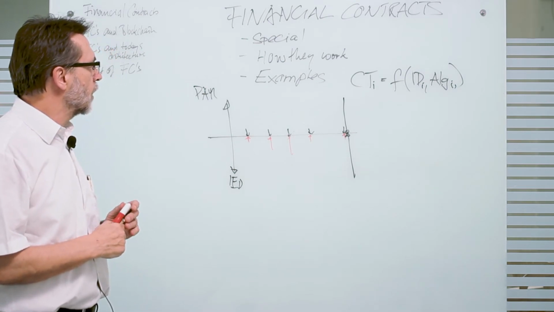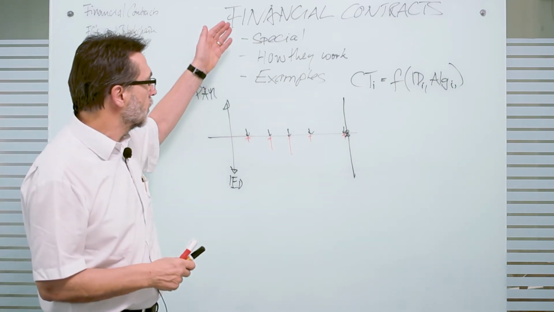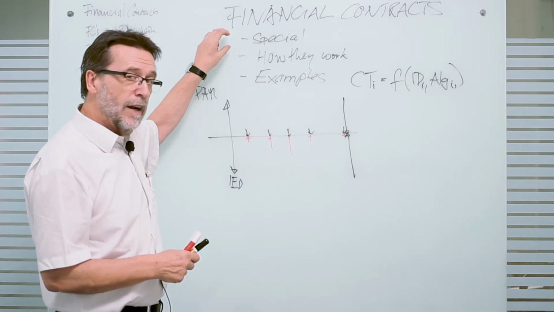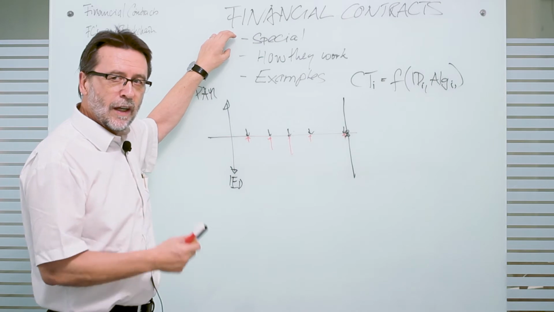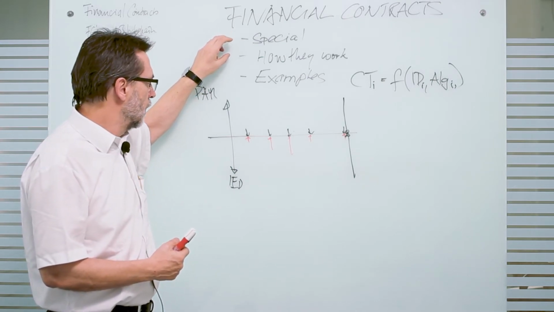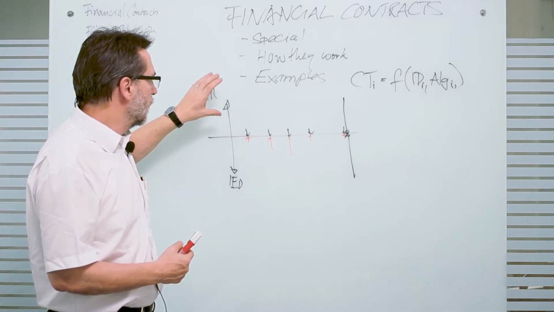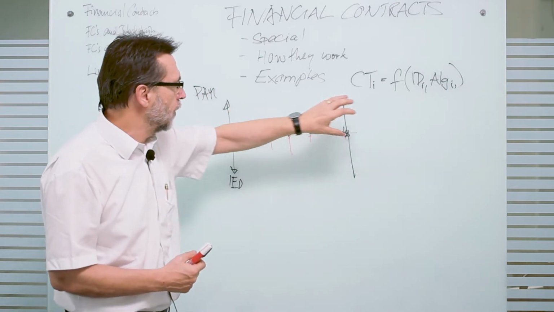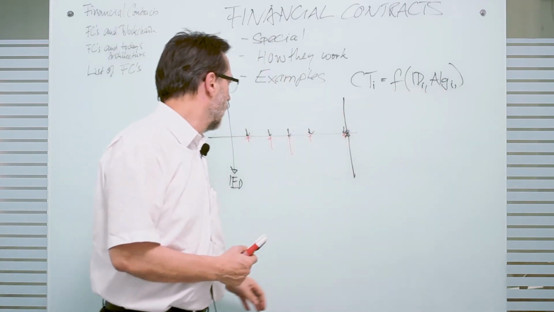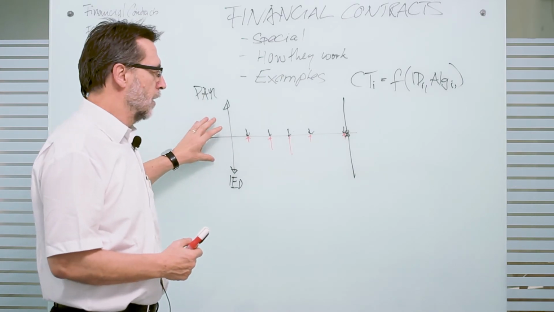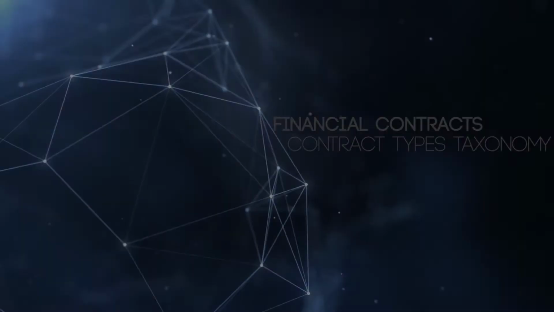Okay. So that is generally the notion of the contract types, of the financial contracts. They are very special. The only contract which is inherently mathematical. They work via these functions here, initial conditions and functions, and then we have many different examples.